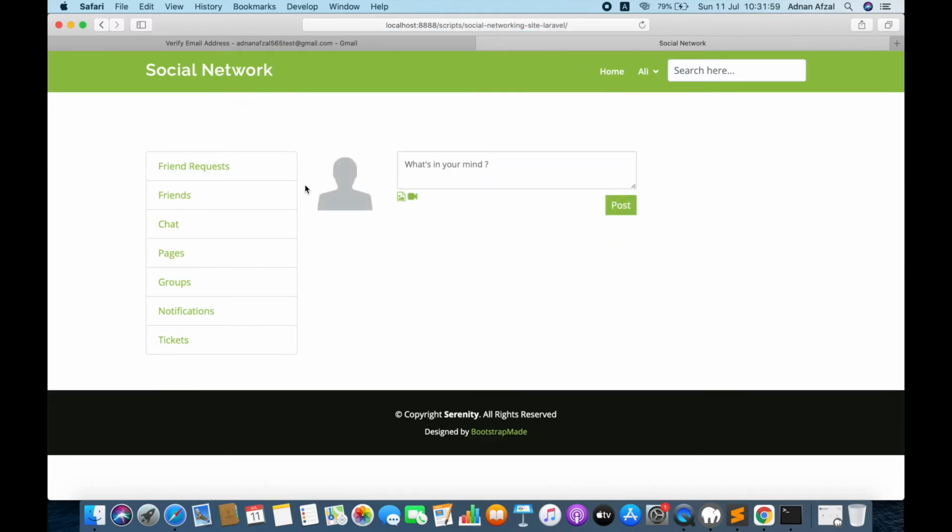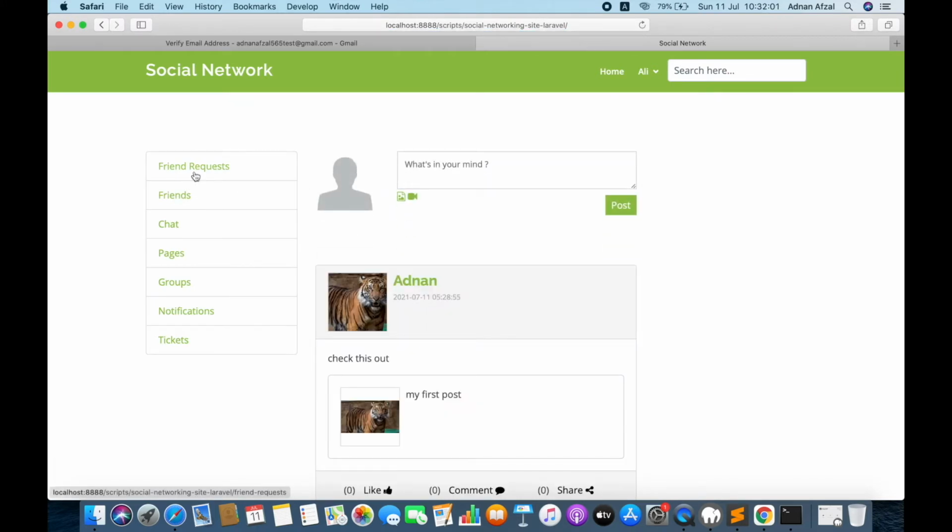Now the other person will be able to see your post because you two are friends now. And now I will see him in my friend list too.